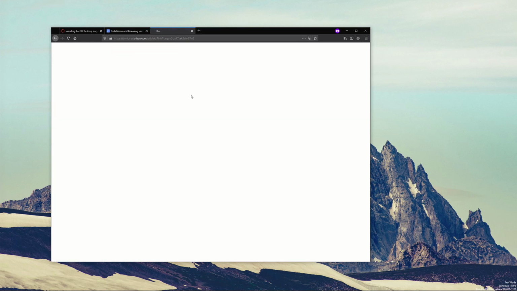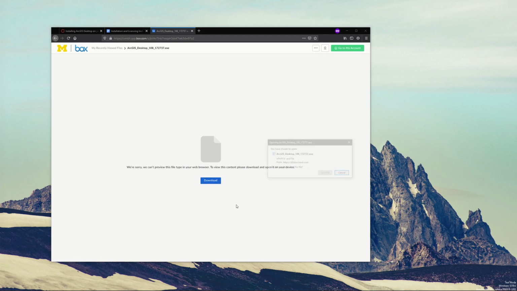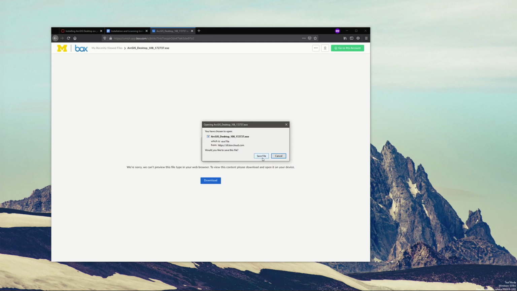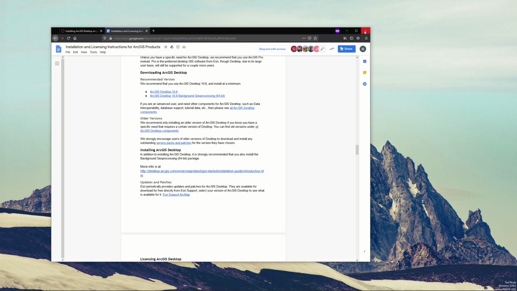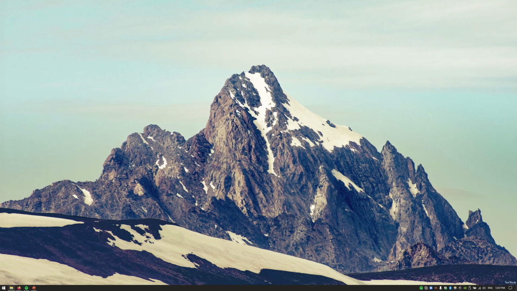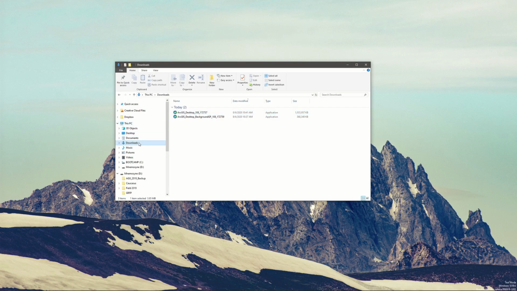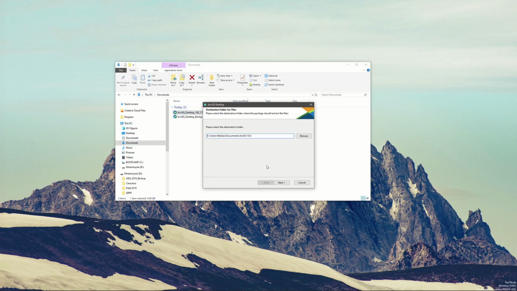You have to log in with your Michigan credentials, and once you're in, it'll show no preview, but you can download the installer, so an executable file. So save that file. I've already pre-downloaded the installer, so let's take a look at that. Okay, so here in my downloads folder, open up the installer,